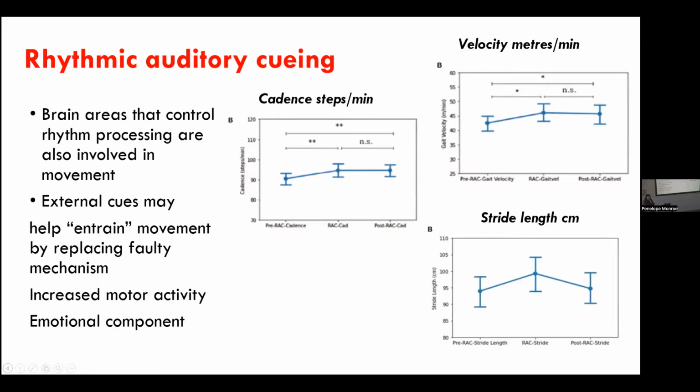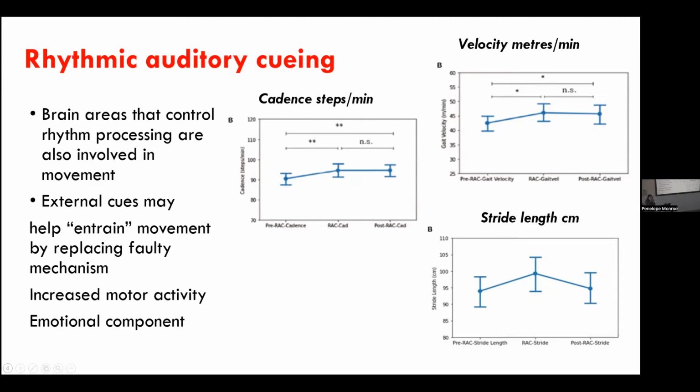And this is really interesting. So this is rhythmic auditory cueing. It has actually been studied in PSP and CBS as well, but in a variety of neurological conditions. So stroke, cerebral palsy, ataxia, and there are actually apps for this. Oh, so Penny's told me I need to move on.